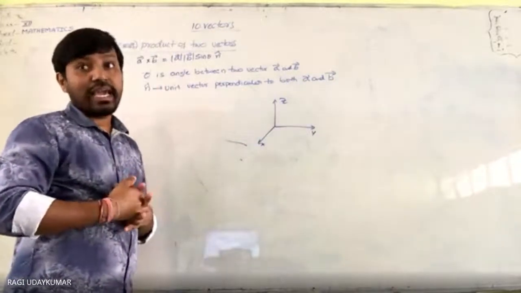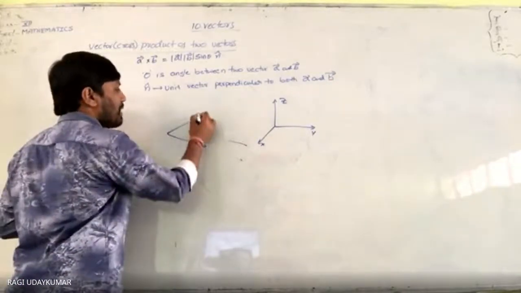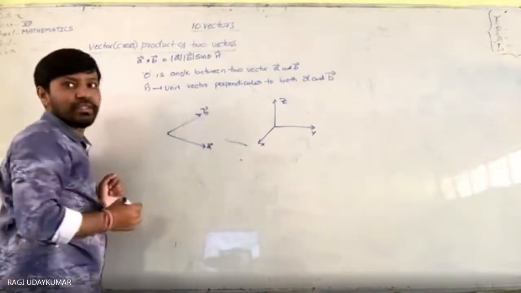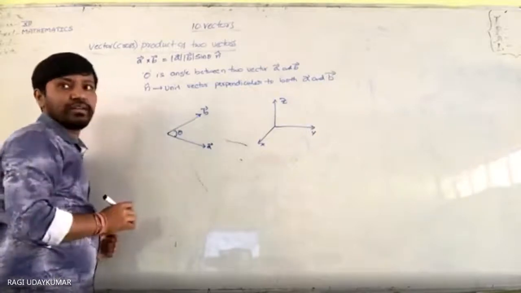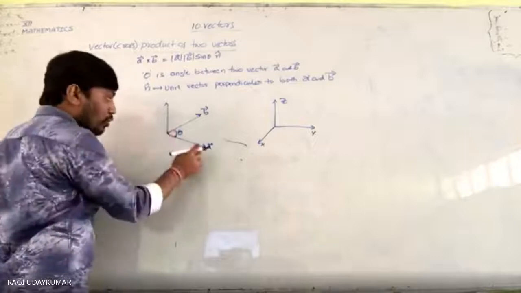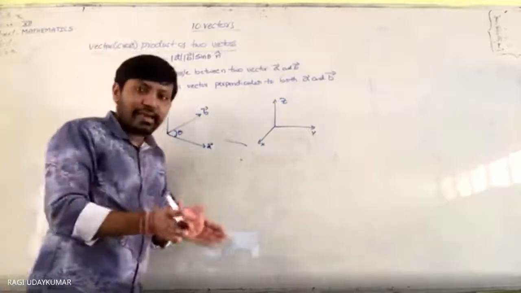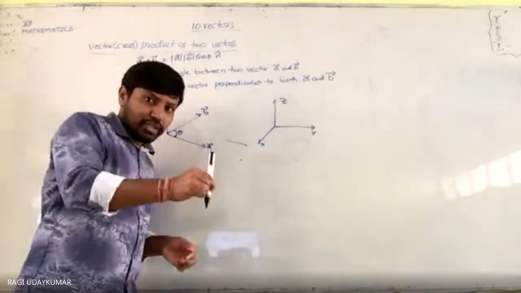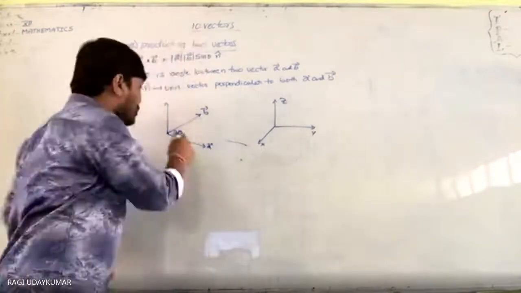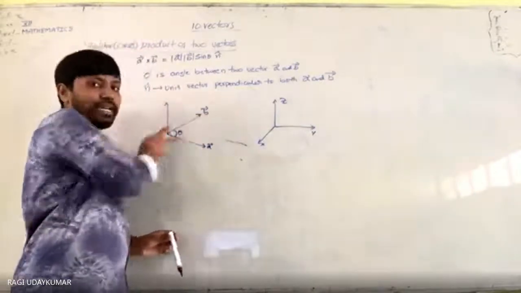Now, a unit vector: if you are taking vectors A bar and B bar, two vectors, this is vector A bar, this is vector B bar. Consider the angle between them is theta, and you need to take the unit vector which is perpendicular to both the vectors. Suppose these two vectors are in the floor, and if you make a line which is perpendicular to the floor, it will come outside, and it can go downwards also. So two vectors should be taken here in the plane.